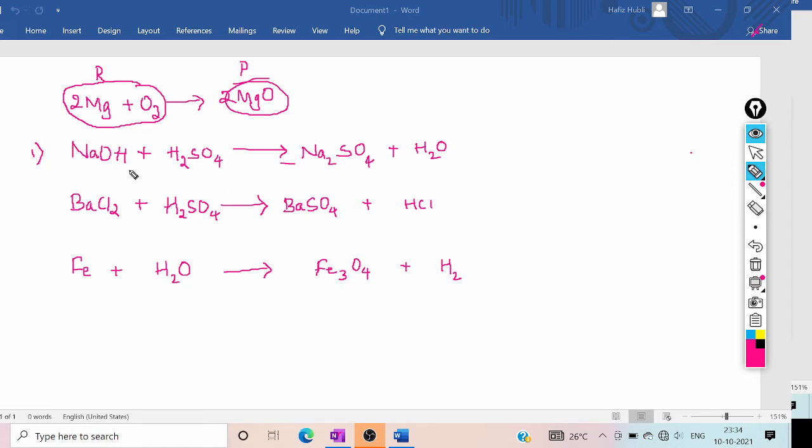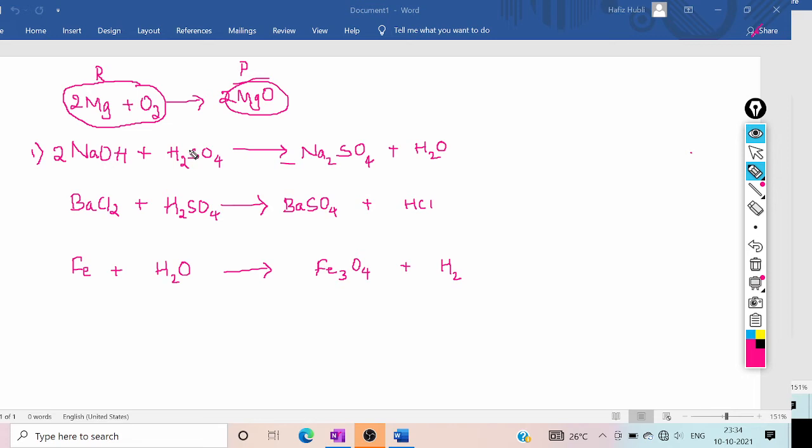So you can see in the reactants, this is a complete reactant. Here only one sodium atom and here two. So in order to balance that, I have already told only coefficients are to be used. So if I use 2 as a coefficient of the sodium hydroxide, you can see 2 sodium here, and even in the products there are the 2 sodium atoms. So sodium atoms are balanced on both the sides.